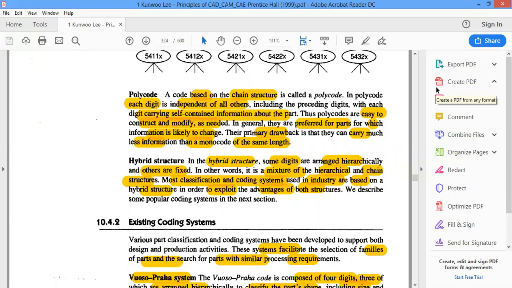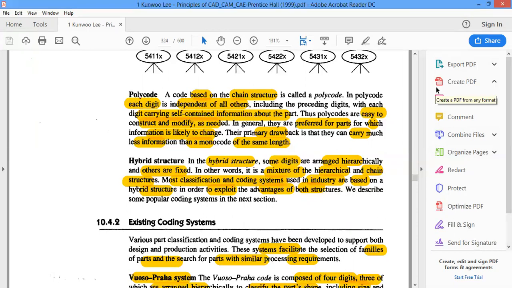So it is going to have a mixture of the logics of the chain structure as well as the hierarchical structure.